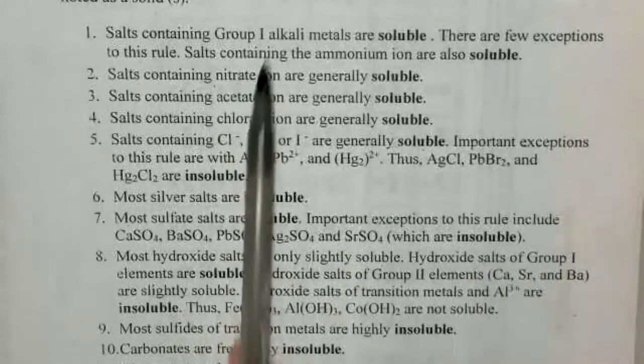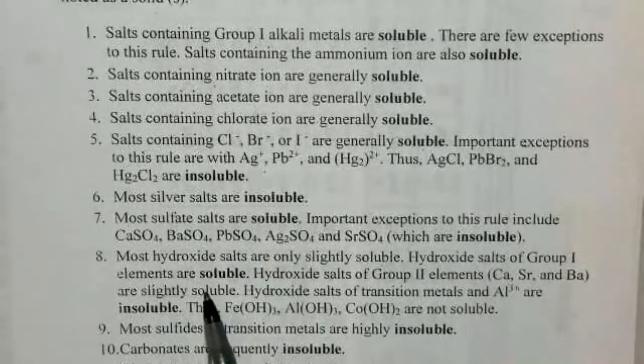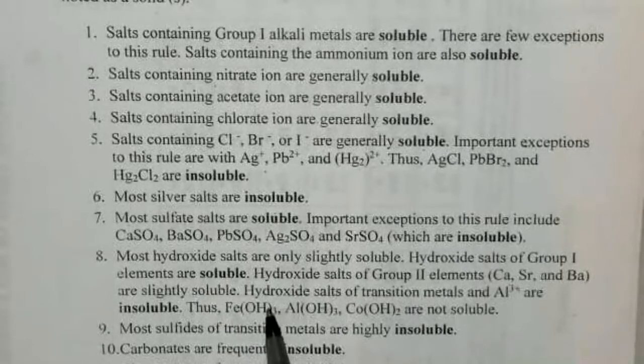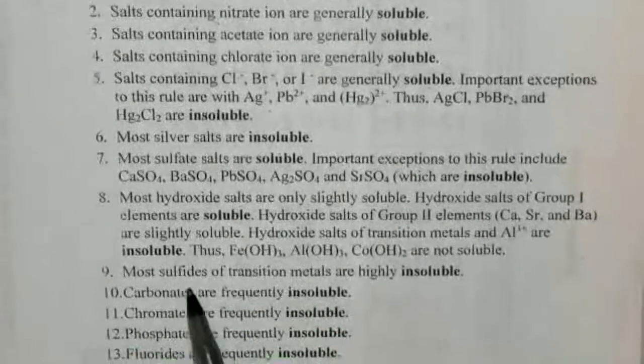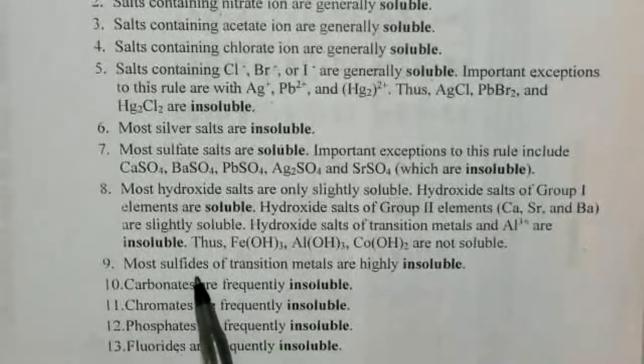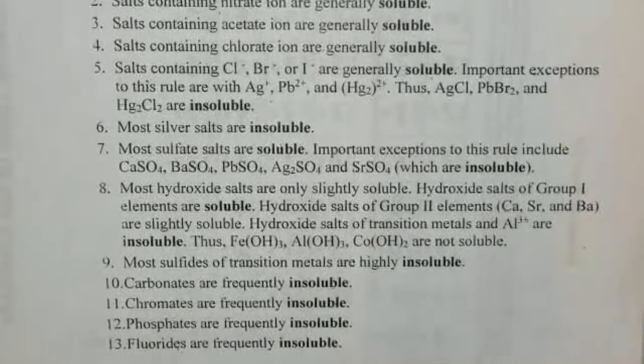Because we learned that up here. Group 1 metals are always soluble. But the alkaline earth metals, the group 2, they're not very soluble. If you're familiar with milk of magnesia, that's magnesium hydroxide. So not very soluble, right? Very white and chalky looking. Sulfides, S-2, insoluble. Carbonates, insoluble. Chromate, phosphates, and fluorides. So we're going to kind of refer back to this as we do this first example